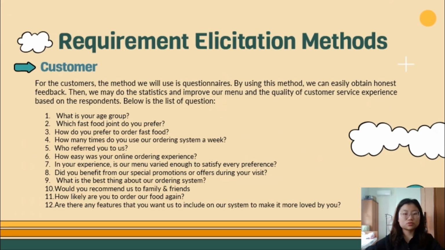For the customer, the method we use is questionnaires. By using this method, we can easily obtain customers' feedback. Then, we may do the statistics and improve our menu and the quality of customer service experience based on the responses. The questions include asking the age of the customer, the fast food the customer prefers, the way the customer would like to use to order food, how many times the customer uses our system in a week, who recommended us to that customer, how easy the system is to use, how about the menu, did the customer get benefits from our promotions,